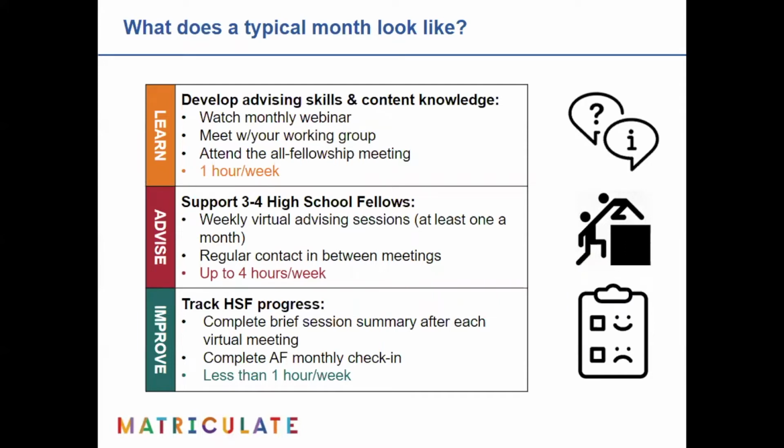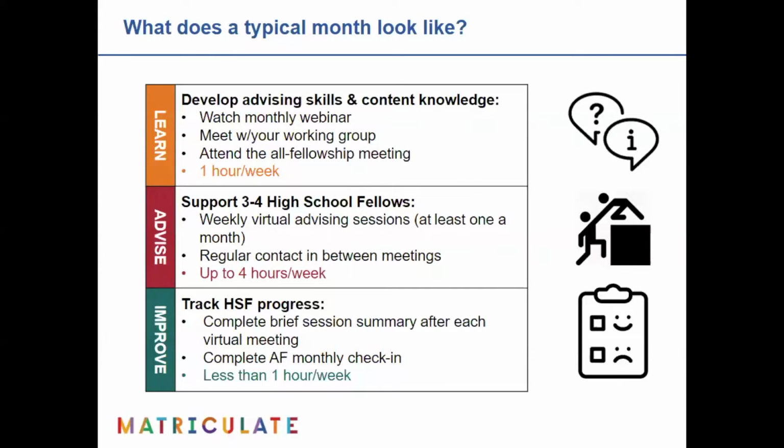To get started, let's break down what a typical month in the life of an advising fellow looks like. Keep in mind that this is just a snapshot to help identify how program milestones impact your work and the resources we have developed for you to be successful. We'll be walking through your role in much more detail at the on-campus training. In the first box, you'll see that training doesn't end with this course and certification. Each month throughout your term, you'll engage in at least 3 learning opportunities: a webinar, a working group meeting, and an all-fellowship meeting led by your head advising fellows and staff.